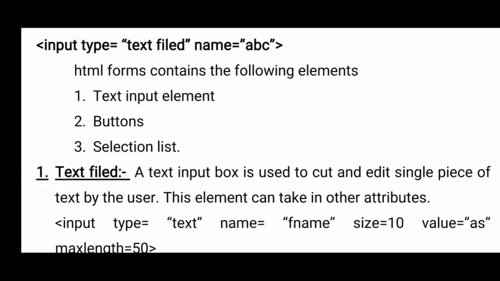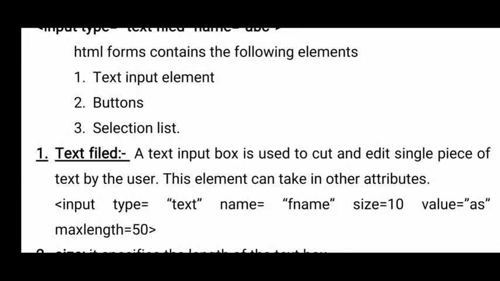Now, an HTML form contains the following types of elements. First is the text input element, using which you can ask the user to enter only text.